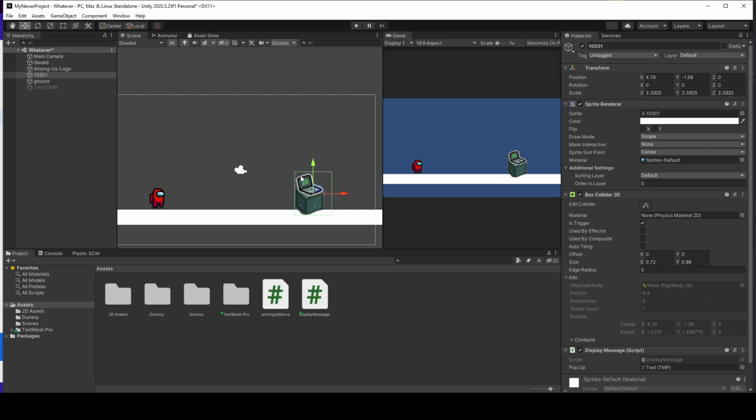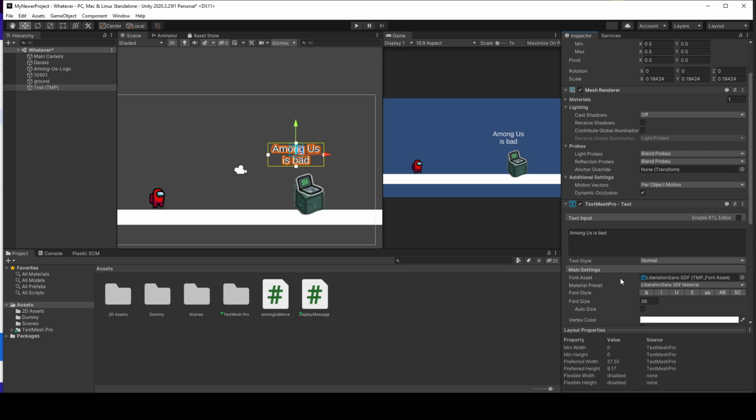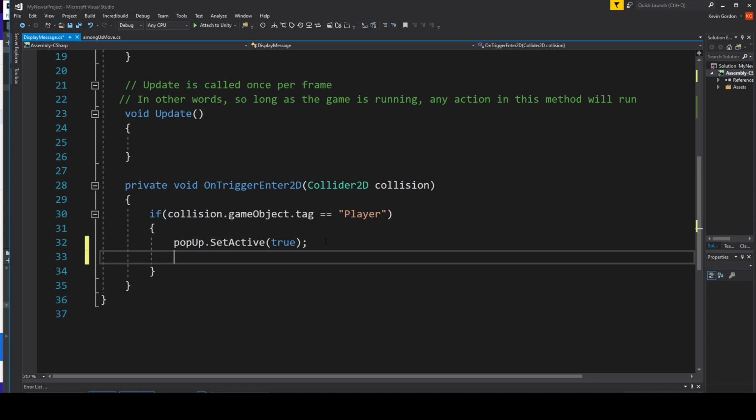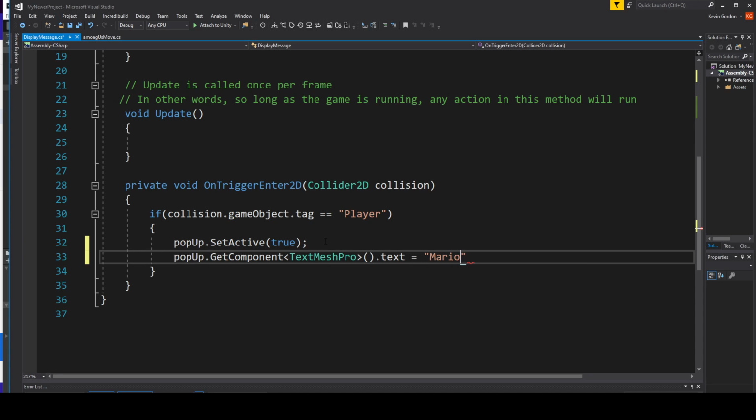The reason why we had to do using TextMesh Pro is because this object right here is a TextMesh Pro object, and this component will only work if we import that package in. Now that it's in, we can actually start modifying it pretty easily. What I'm going to do is, I want it to be that, hey, when I touch this object, I want to change its active state to true, and then I also want to get that object, right? I want to go inside that object and I want to get the TextMesh Pro component. From there, I want to change the text, and I want to say, I don't know, Mario Kart is not good anymore,